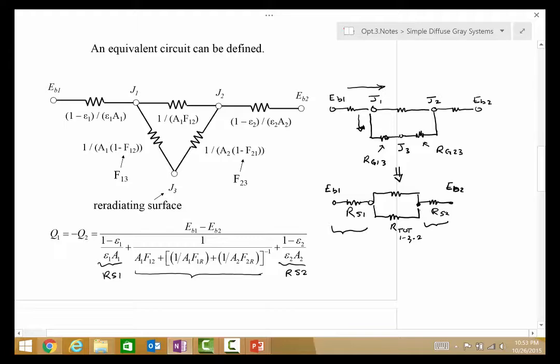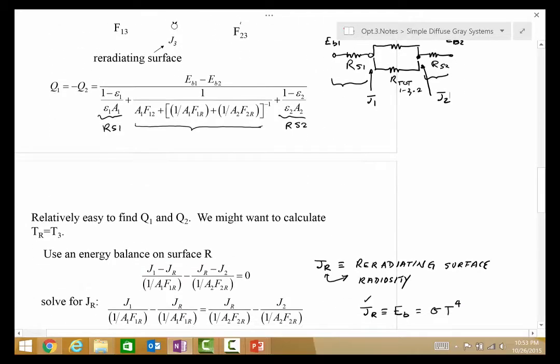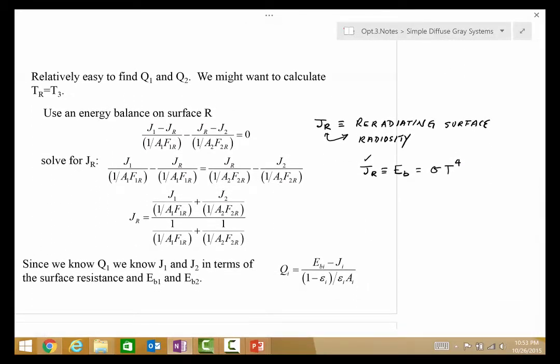So once we know our Q through the whole system, that has to be the same Q that goes through RS1 and the same Q that goes through RS2. That immediately tells us what our J1 and J2 will be. Once we know our J1 and J2, we can then think about the off path, which is the path through the re-radiating surface. So if we know J1, JR, J2,